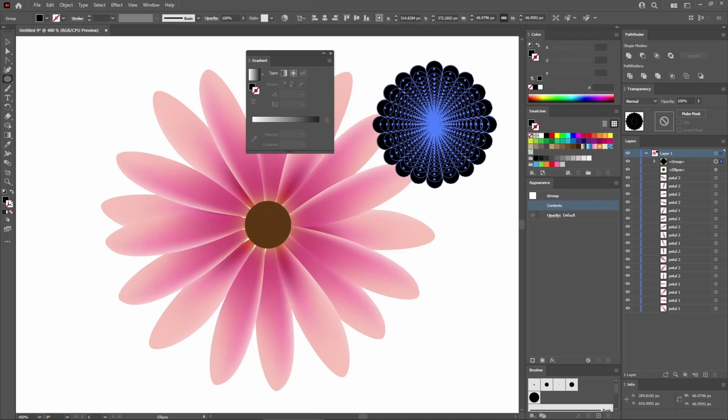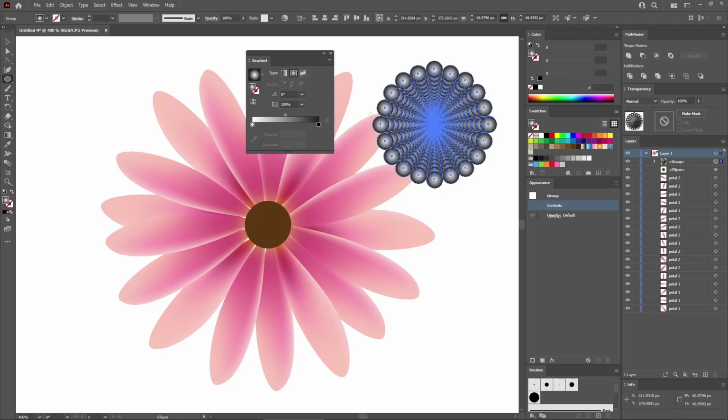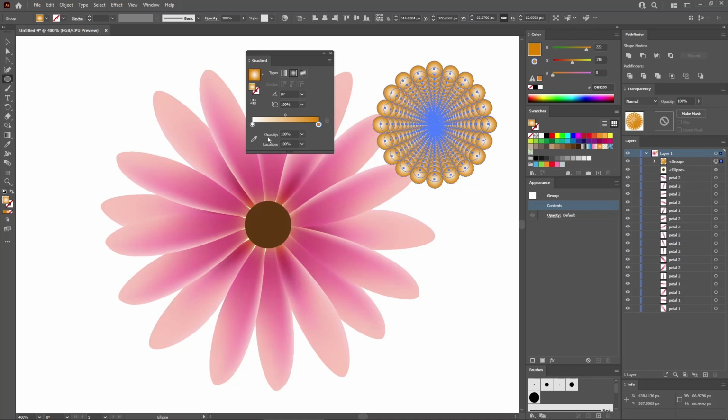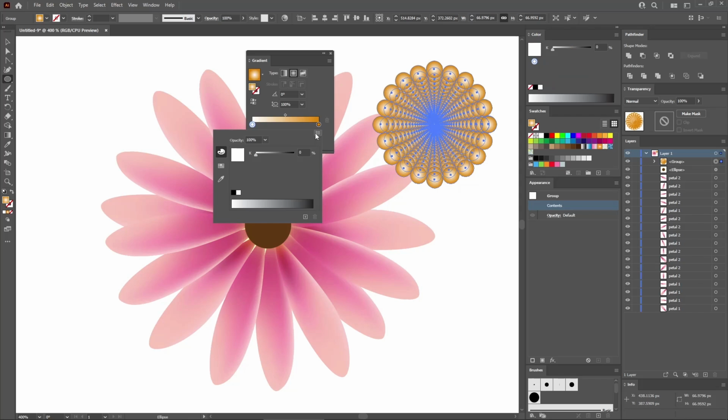Make sure that you have the fill active and click this button to apply a radial gradient for all of these shapes. You need to adjust these gradients, so start by double clicking this gradient slider, change the color mode to RGB and replace this color with 222, 130 and 0. Move to this other gradient slider, again change the color mode to RGB and replace the color with 227,